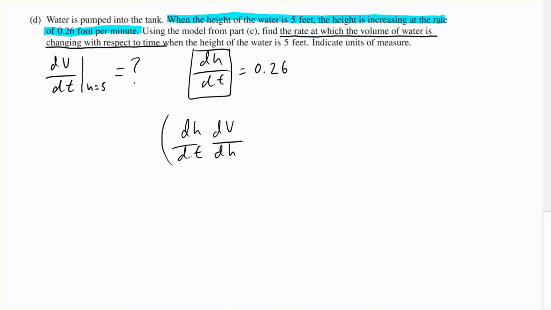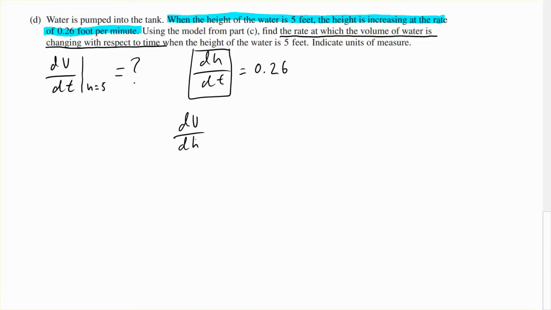So if we multiply these two together, we can cross these out and we're going to get dV/dt. And then we can plug in h equals 5 into both of these equations. But before we get ahead of ourselves, we know that we have to multiply by dV/dh,